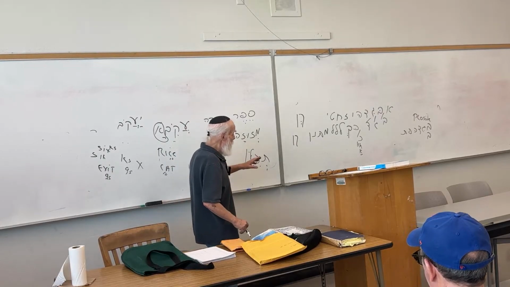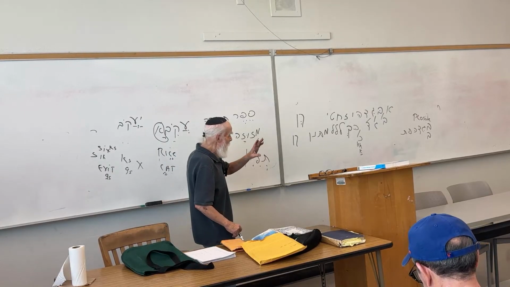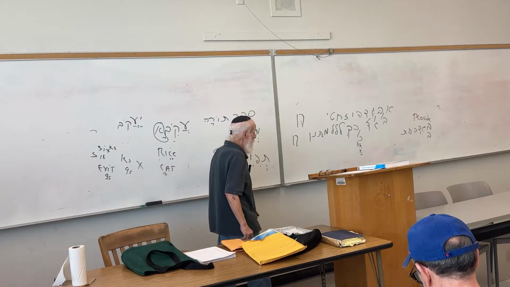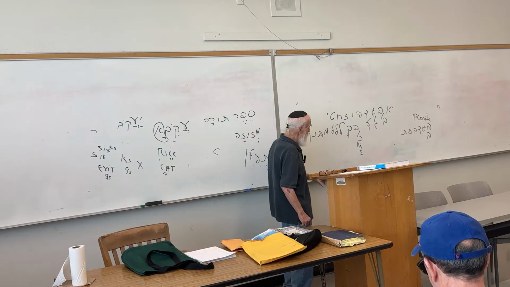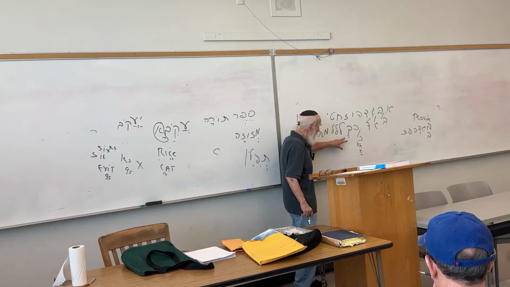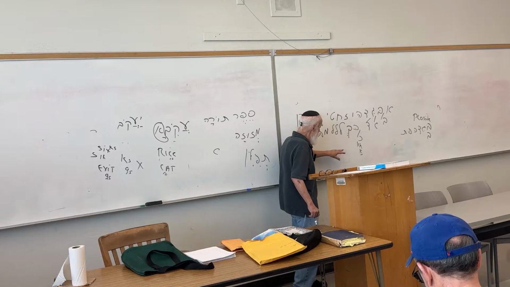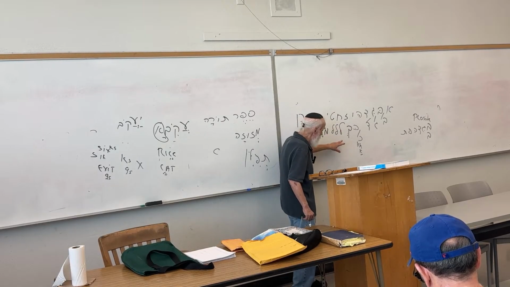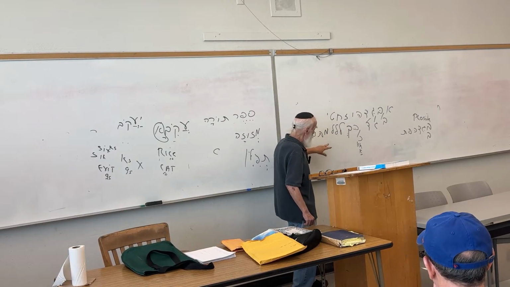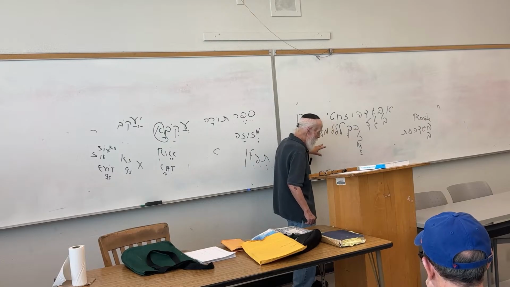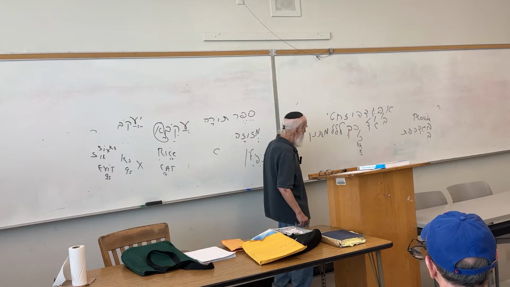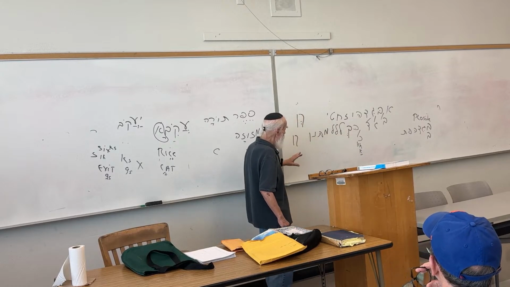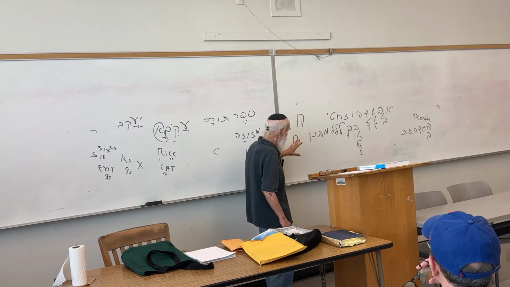Okay, the final mem, the final nun, and again, I repeat myself, I don't know how accurate my theory is. I truly feel that the writing of the two dots alongside the final chaf is made to distinguish it from the final nun. Though in appearance today you can see a distinction, back then they both looked the same. All right, so having said that, I think that's where we left off last time.